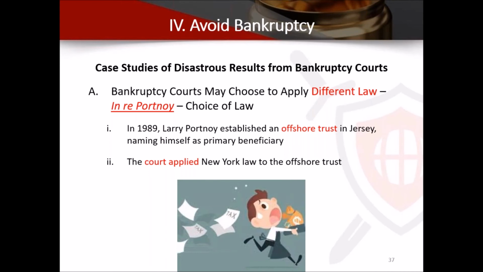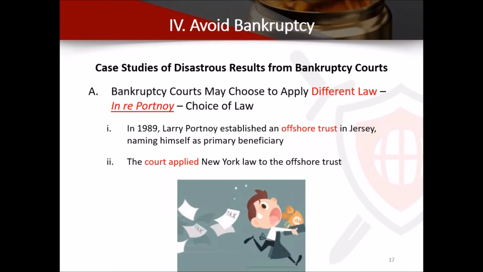Sometimes it involved a fraudulent transfer. Sometimes it was just planning. And then they had a debt, some of these are just a divorce or a business debt, and made the mistake of filing bankruptcy thinking, I'm going to keep my trust, discharge my debt, and live off the trust. Beyond that, a lot of these individuals kept assets in the States, because the general rule when you form a trust, no matter where, is that you pick that jurisdiction and the law of that jurisdiction applies, because that's what worked for so many years.